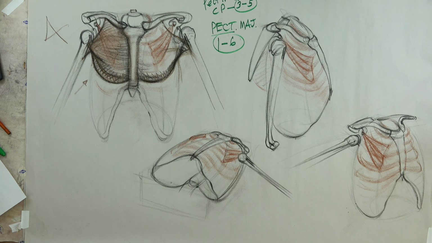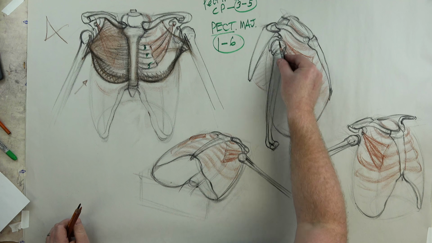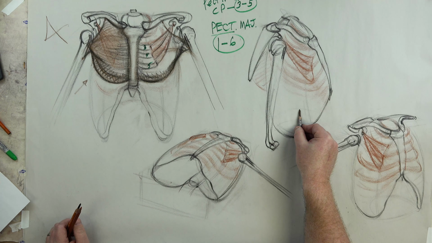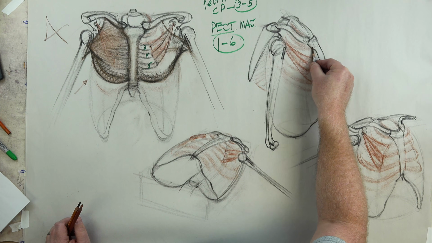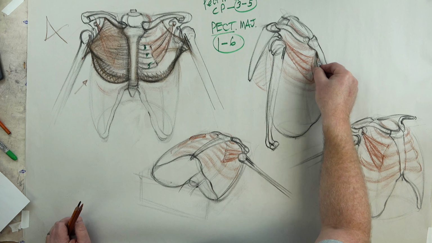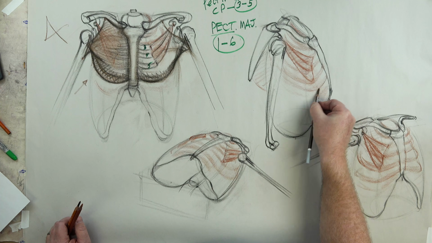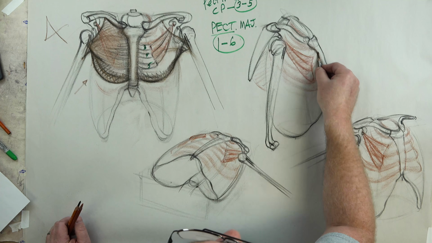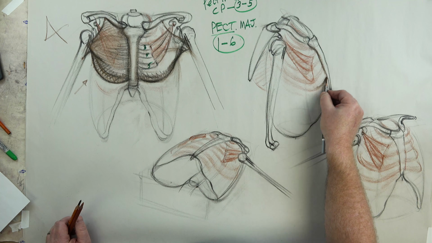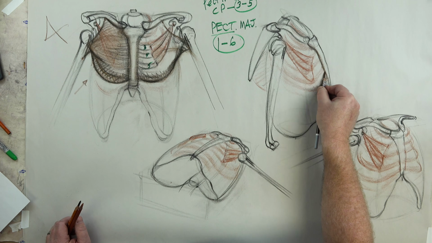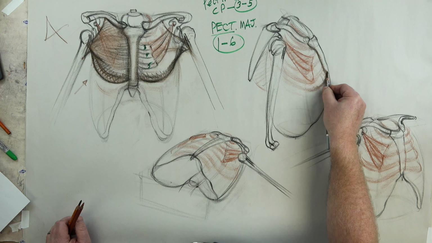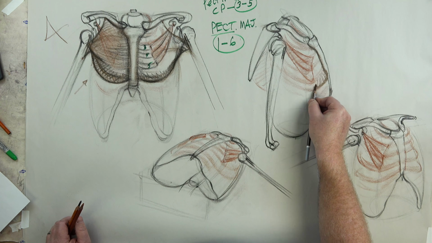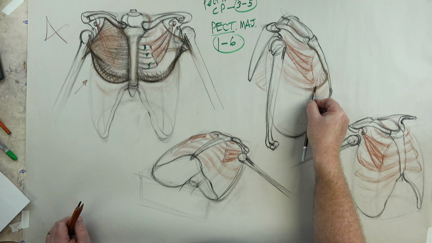So why don't we go on now to the side view. So now we're going on the profile view here, and remember we're at pectoral minor here. We're at 1 through 6 now of the sternothoracic area. So 1, 2, 3, 4, 5, and 6 it's going to cover and hang over. And so attached here to the sternum and the ribs through aponeurosis, coming on over. And as it comes over, this is going to head out a little bit. This bulges a little bit, like so, right? Up, and then free,